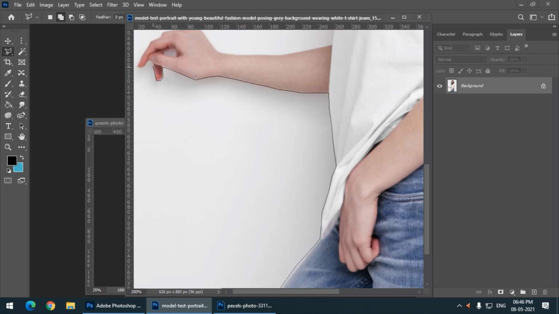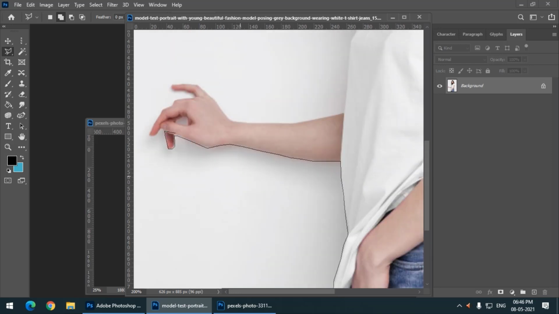I'm not selecting it properly because it will take much longer, but you can simply select by only clicking. This depends totally on our selection capabilities, because it is 100% manual.